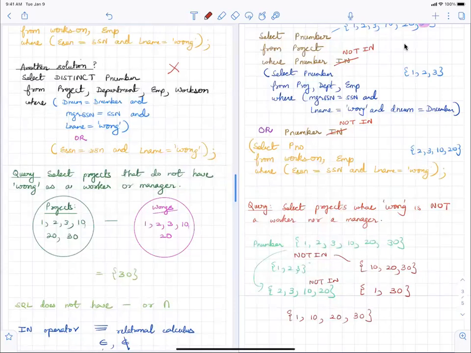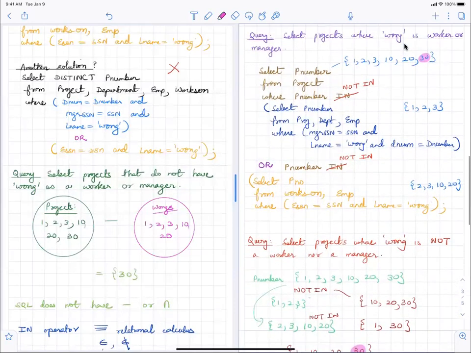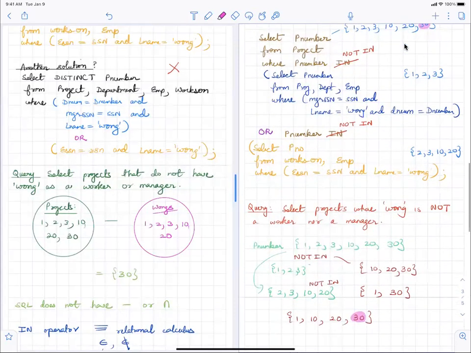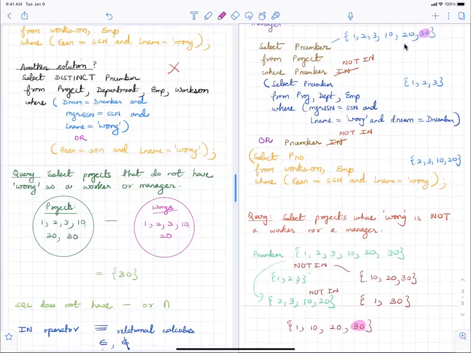But the only thing we want is 30. So how would you get that if you only want 30 from this particular query? Yeah, so what I was trying to say was, don't do the not in. Keep it as the ins and make that a subquery of select p number from projects where p number in, and then the whole thing that you have there would be the subquery. And you'd come up with,